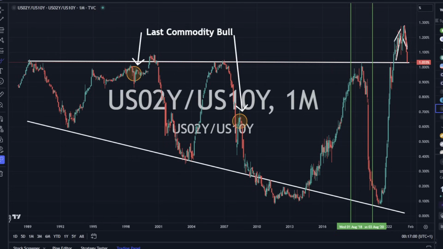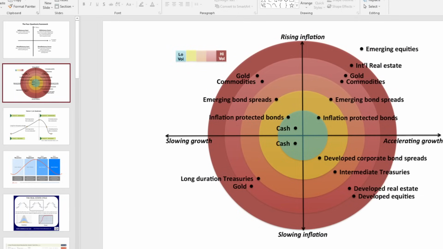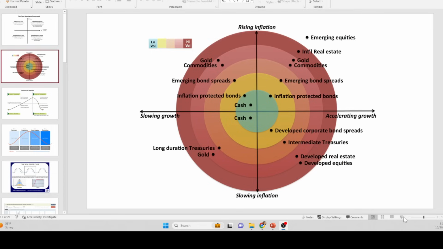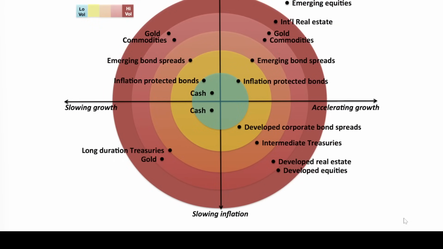So let's go to the quadrant real quick and understand the quadrant before diving through all of this stuff. I just want to make sure you can see it all. Looking at the quadrant, when the yield curve goes up and down, these are the quadrants you want to be in. When the yield curve comes out of the bottom and starts to come back up, you get acceleration of growth with very slow inflation. This is the recovery phase, is what I like to call it.